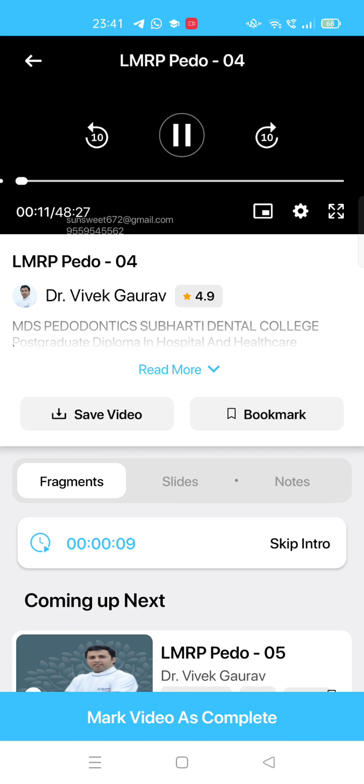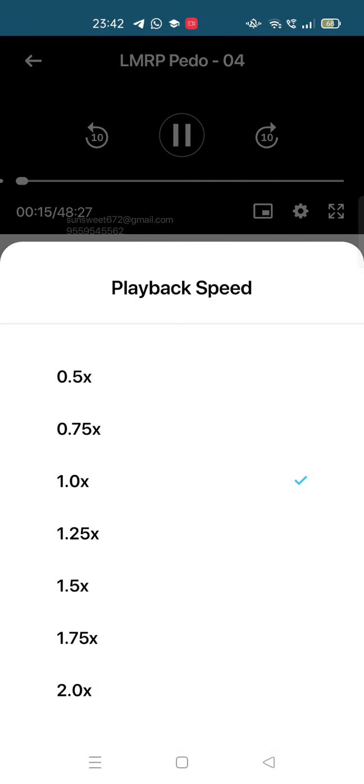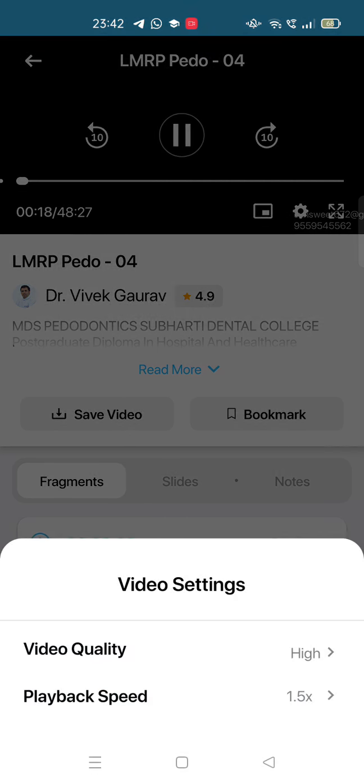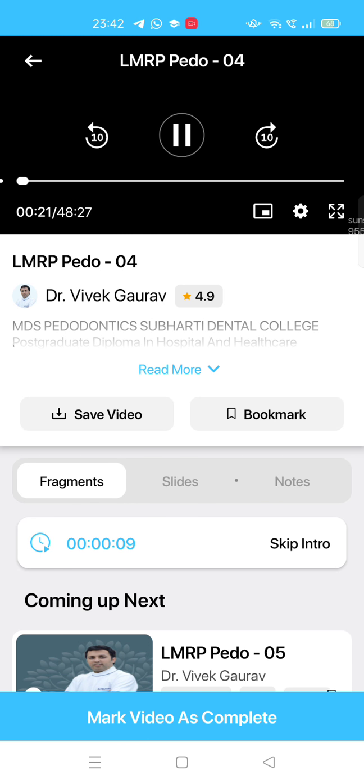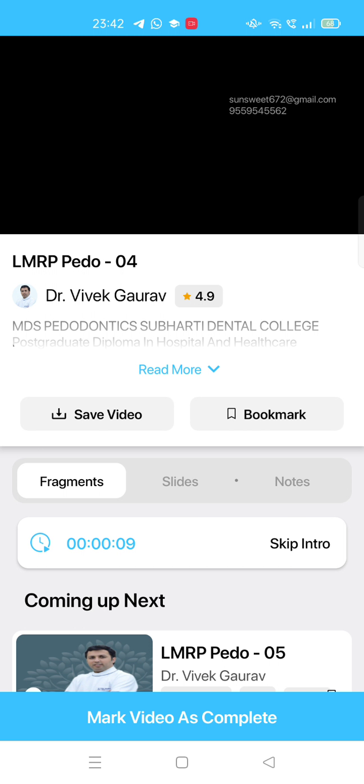Then the next thing is injuries to the soft tissue. That includes basically laceration, contusion, and abrasion. Now you need to remember these three things for the exam. Generally, the laceration and the contusion are most commonly asked, and the question that is generally asked in the exam